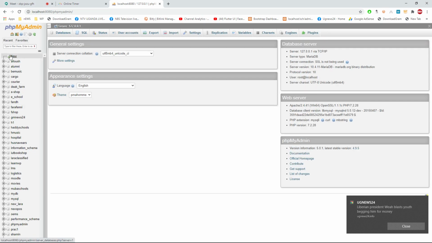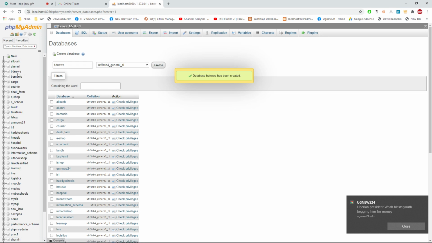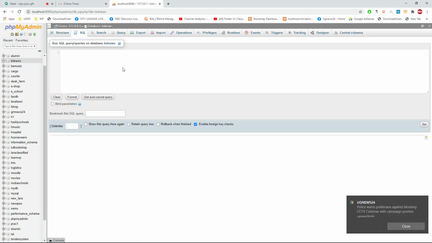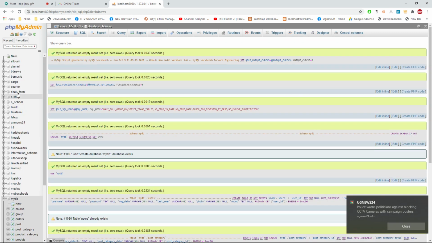So I'll create my database, which is BD news. There's my database. After clicking on the database, I'll have to click on SQL. So I'll just paste the SQL here and then say go. This SQL will be executed, and as you can see here, if I come here to BD news,